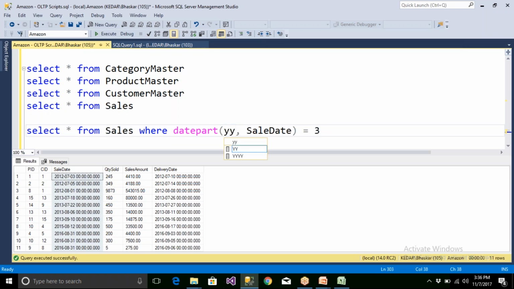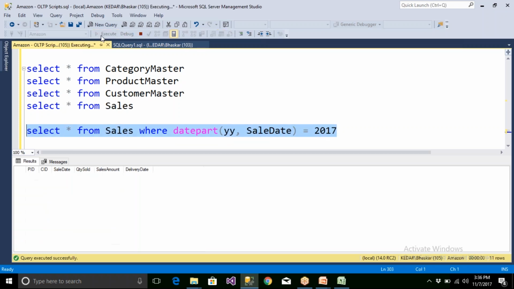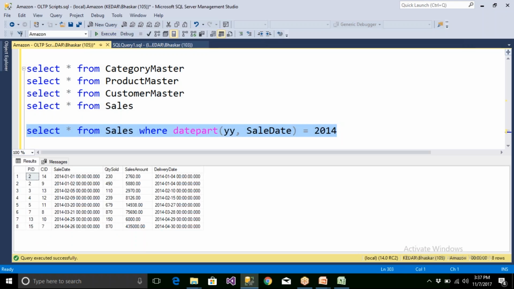So what is the alternative for this? When you write the DATEPART function like this, it is not going to work for billions of data. If you have billions of data, definitely this query is going to be slow. So what is the alternative query? Even though you have a date here, you can also add one more column called year number, quarter number, something like this. The year number you are going to store separately here.